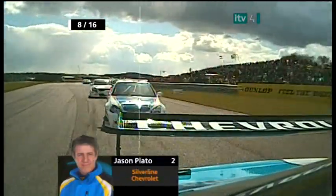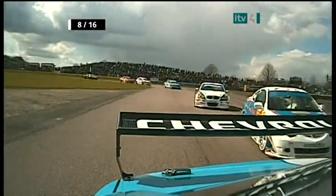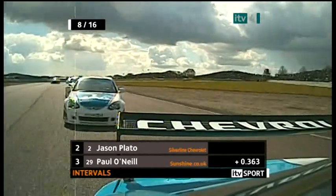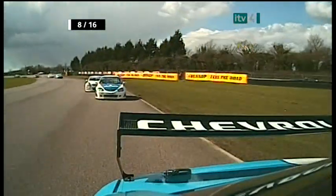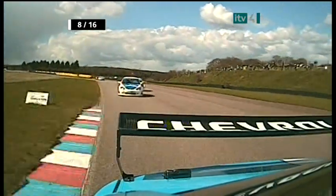The sun just glinting onto the bodywork of these cars, past the massed banks of spectators up on the outside there. Great viewing spot this is, and watching an intriguing race for second place as they try and balance attack versus looking after tyres. Yes, it is, and again Plato pulling out a little bit on the exit there, but